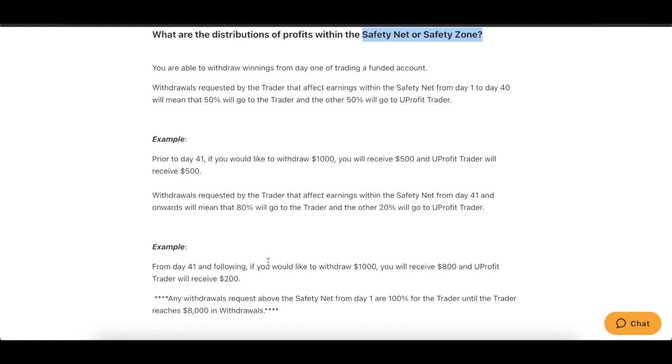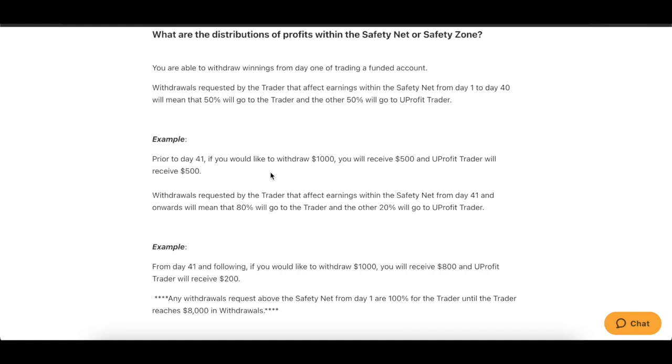So each of the programs has their way to discourage you from doing withdrawals too early. They want you to build up a balance before you start withdrawing money, and this is their way of doing it. Now, I'm not saying it's a bad thing, and if anything, this was another thing I would consider good. You do have access to your money. If on day 2 of your funded account you hit a home run and have a big winning trade, you can withdraw. Just know that you're only getting a 50-50 split. So again, encouraging you to stay 41 days. I know some people won't like that, but that's the rules, and you get to decide if you want to play by them or go with one of the other ones.